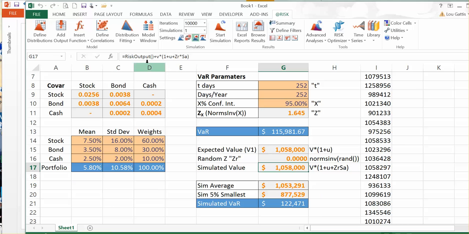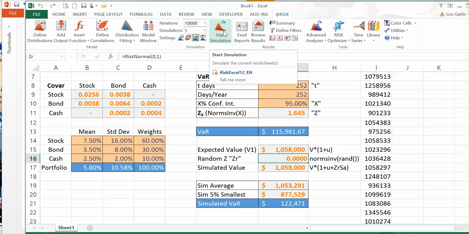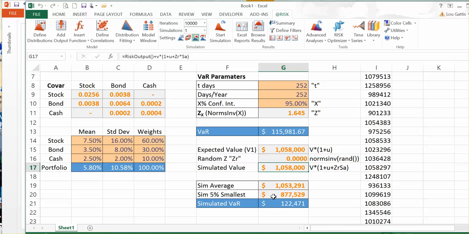I'll just click on Add Output. All that does is add one simple statement, RiskOutput, before your formula. So you could have done that yourself. So now we're ready to run a simulation. We're going to do, say, 10,000 iterations, one simulation. Now when I hit Start Simulation, it's going to generate 10,000 random variables, which will then generate 10,000 simulated values. If I click on that cell, my output, and then start the simulation,